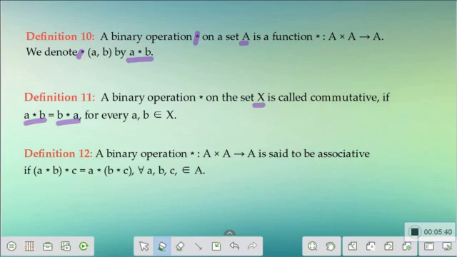Of course, as per the definition, you need to have three elements. So let's say A, B, C belong to the set A. A binary operation star from A cross A to A is said to be associative if (A star B) star C equals A star (B star C). I don't need to give much explanation about commutative and associative, because we have already come across these definitions for various number systems in our earlier classes.